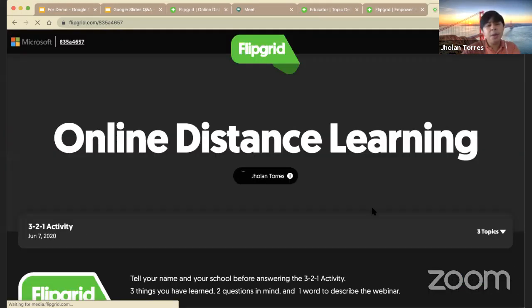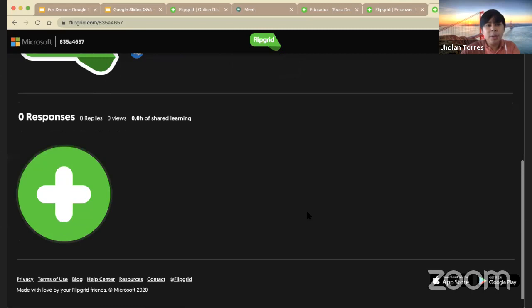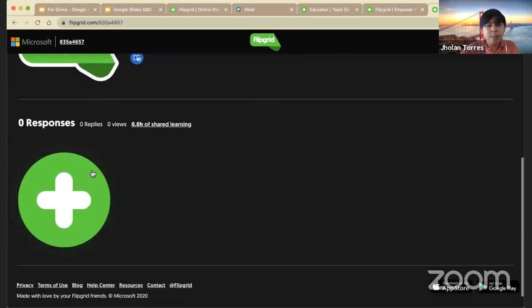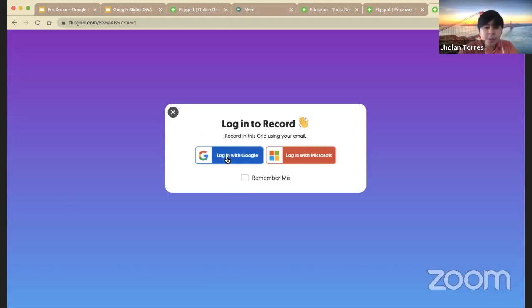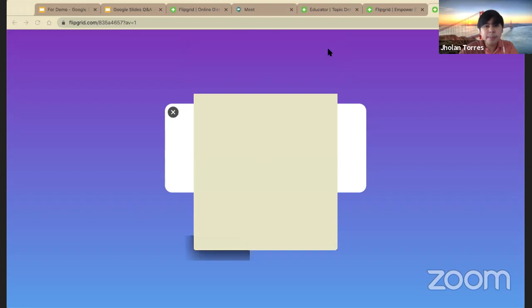Okay, there you go. So once you go here in flipgrid.com with this code, just click this plus sign. Then of course you need to log in using your Gmail account or your DepEd account. It's okay. You can use that one.